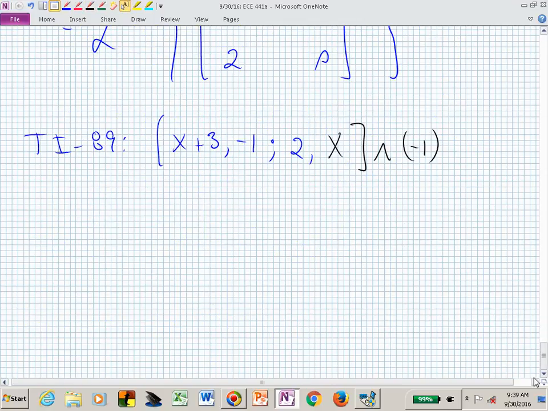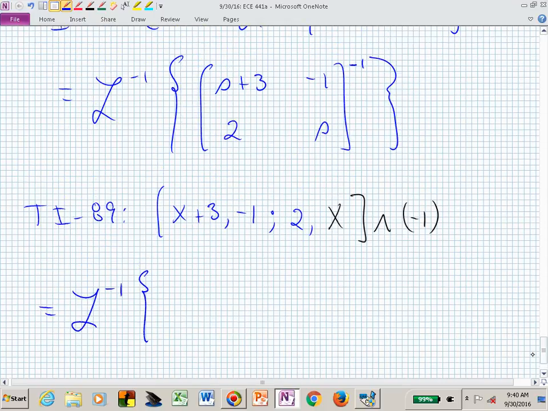So let's do it by hand. We're all cheered up. We're ready to go. Now this is the inverse Laplace transform of this guy. So if we now invert this matrix symbolically, what's the matrix inverse? 1 over the determinant times this matrix of cofactors transposed. No big deal. So what's the determinant of this matrix? Diagonals multiplied together minus the off diagonals multiplied together. So I have s times s plus 3